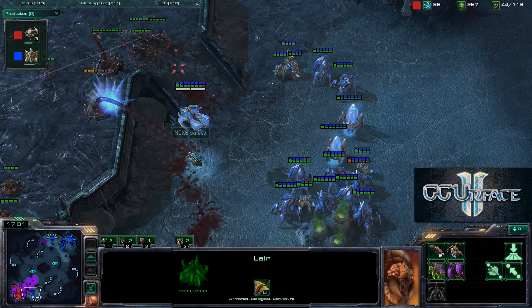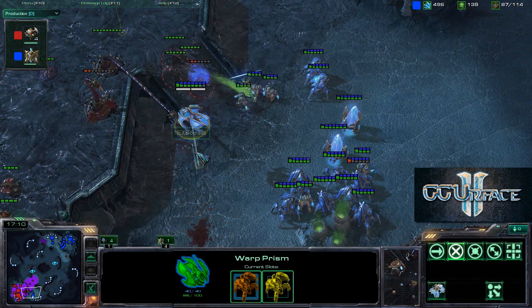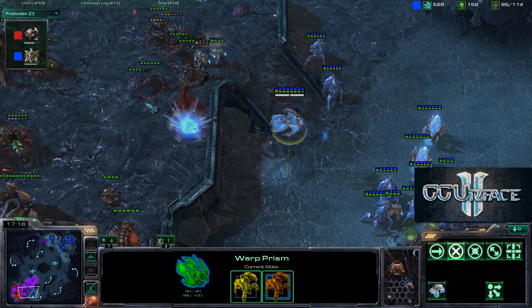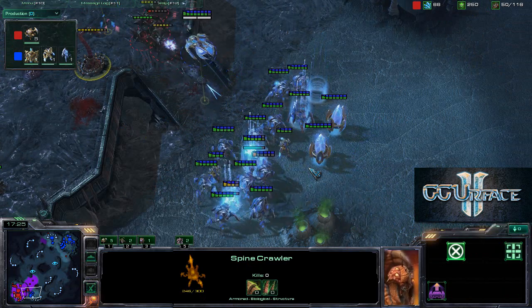on the second gas, and he's dropping off and picking up the Immortals, and the Immortals are taking a shot at the Spine Crawlers, and the Immortals are still alive. Both Immortals very much alive. They are regenerating their shield inside the Warp Prism, and he takes down that Spine Crawler as well. And the Roaches are focus firing on the Zealot. Will be able to take it down, but I think the Zerg player still cannot leave his base, and I